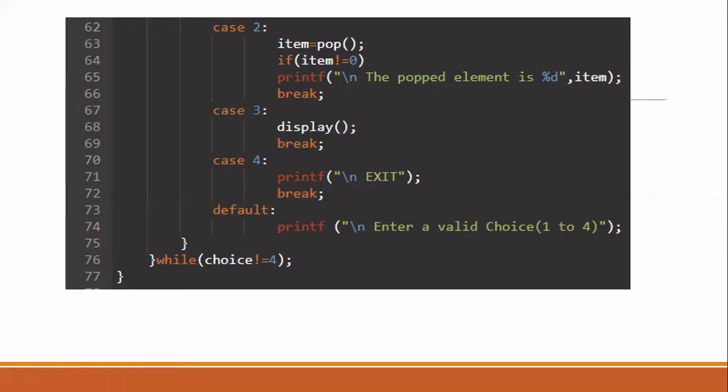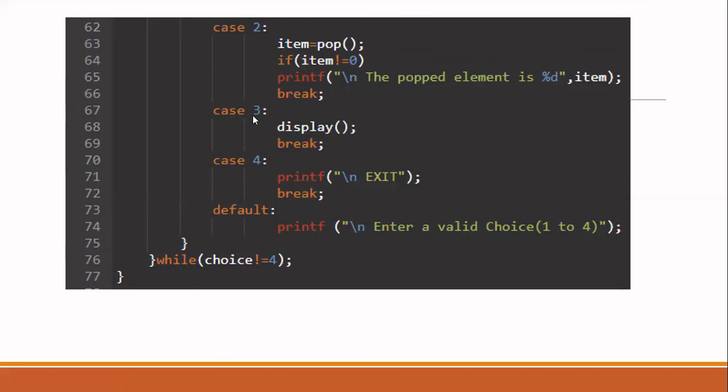If it is not 0, then it has some data, and that data I am returning. So you have to check whether item is not equal to 0. If item is not equal to 0, that means there is some element in the stack that was returned and stored in the variable item, which you have to display. So I'm displaying "popped element is %d", item. Now close the case with the help of the break statement.